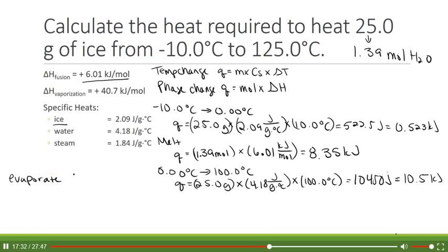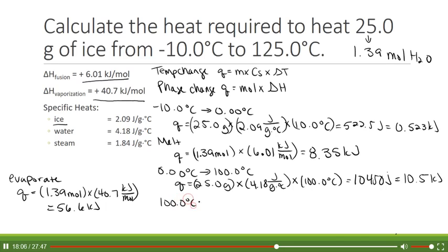So this is going to be Q is equal to our moles, 1.39 moles, times our heat of vaporization, 40.7 kilojoules per mole. Solve that out. We get a value of 56.6 kilojoules. And lastly, we're going to go from